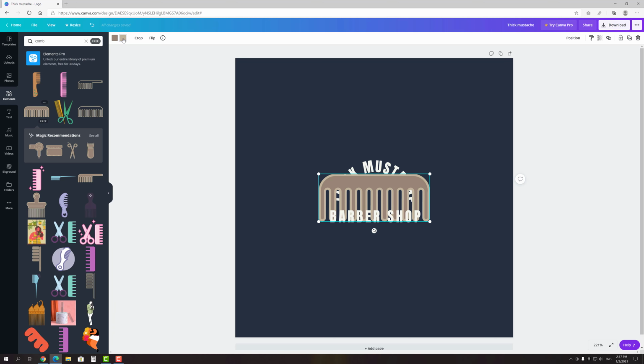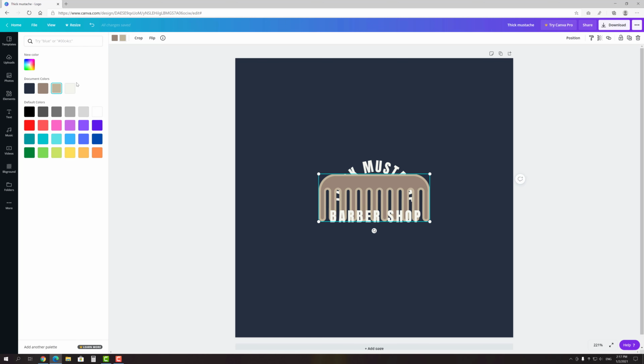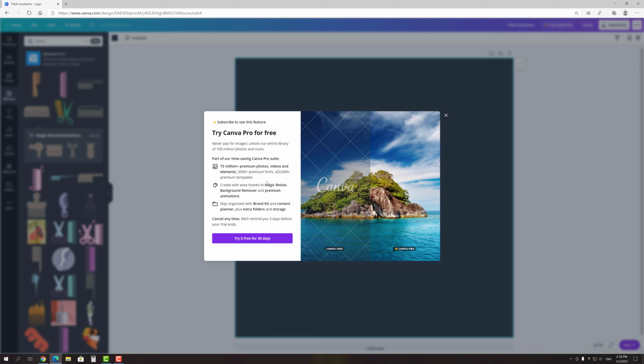What I especially like is that you can change the color of any element in just 2 clicks. I also want to point out that Canva has a premium subscription that includes much more icons, photos and graphics. So you can sign up for it if you feel such necessity. You can try it for free for 30 days.